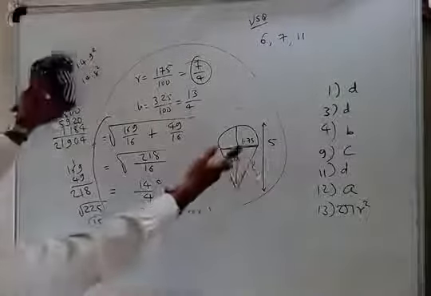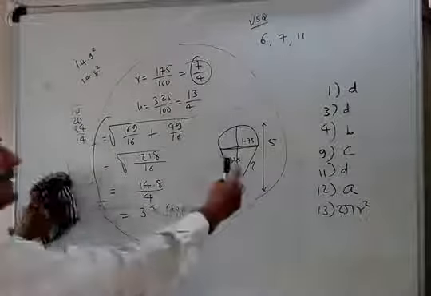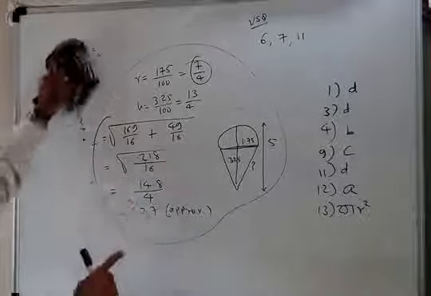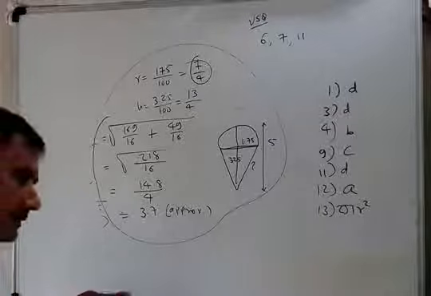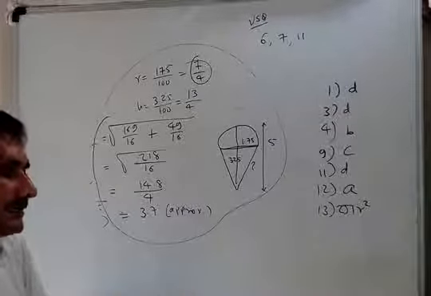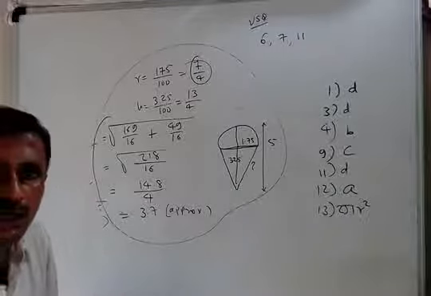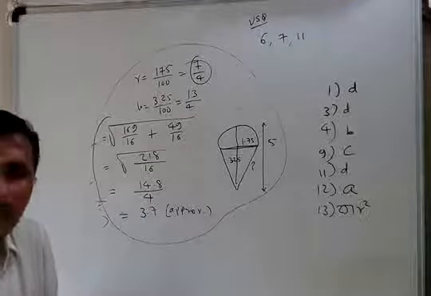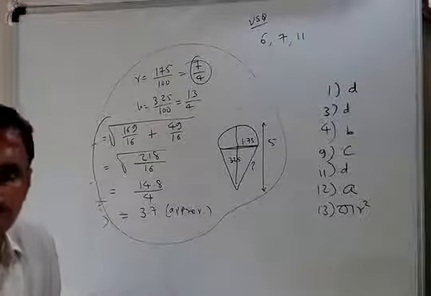Total surface area means what? CSA plus 2 pi r square. Sorry, pi r L plus 2 pi r square. Now we have obtained L, so now it becomes very simple. Do you understand? From the next lecture we will go through examples 3, 5, 9 and 14. So be ready, read and try to understand all these examples and the remaining ones also, so that you can understand faster in the video session. Thank you.